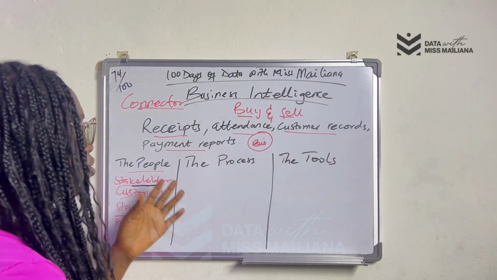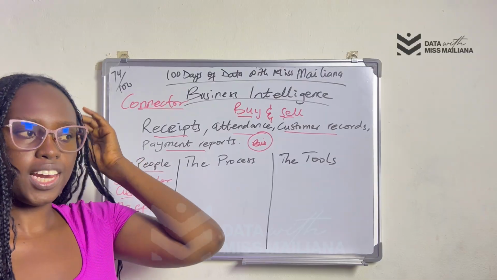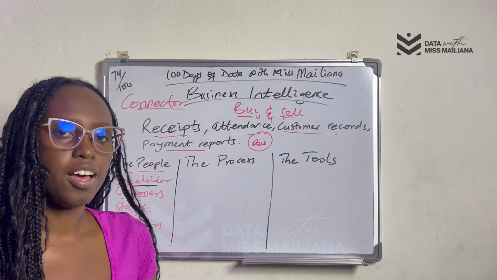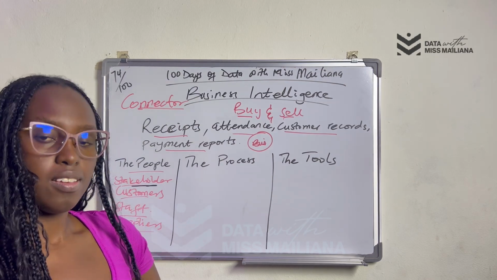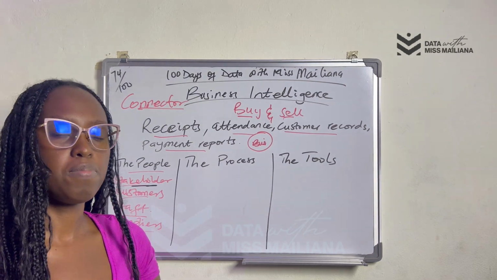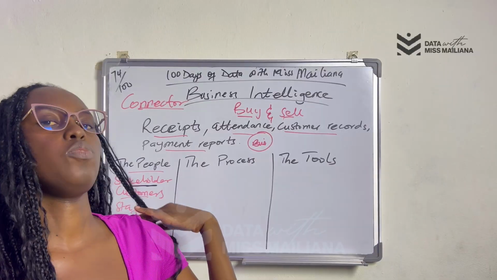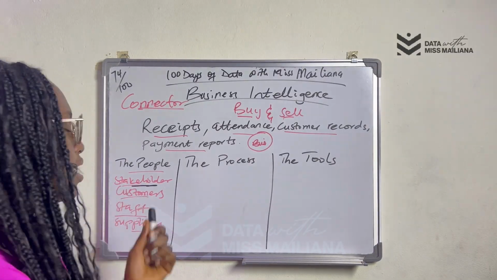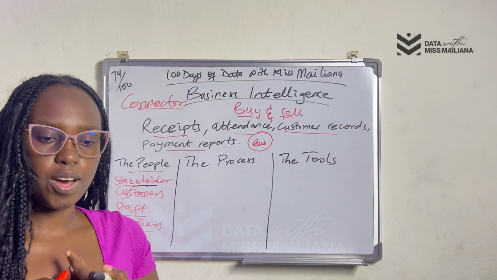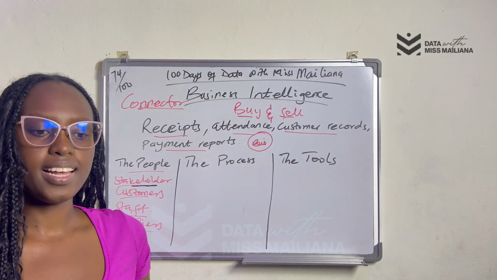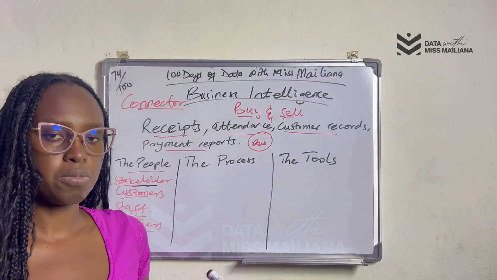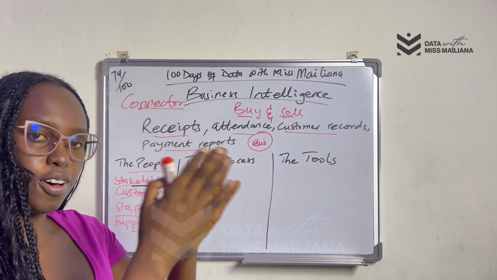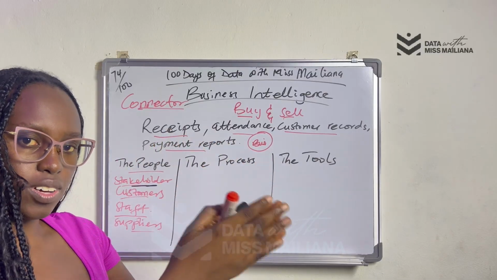So if we say stakeholder one is the founder, the founder wants to say, in January there's a new year staff meeting or a new year business meeting for the whole business to see where we are moving forward. Or most of the time they do that end of year meeting, right? Now the stakeholder will tell you that, oh, me as a founder, we have 5 branches. I look forward that at the end of the year we have 2 extra branches, making it 7. So the founder's intelligence, or the founder's POV, or what the founder wants is what?